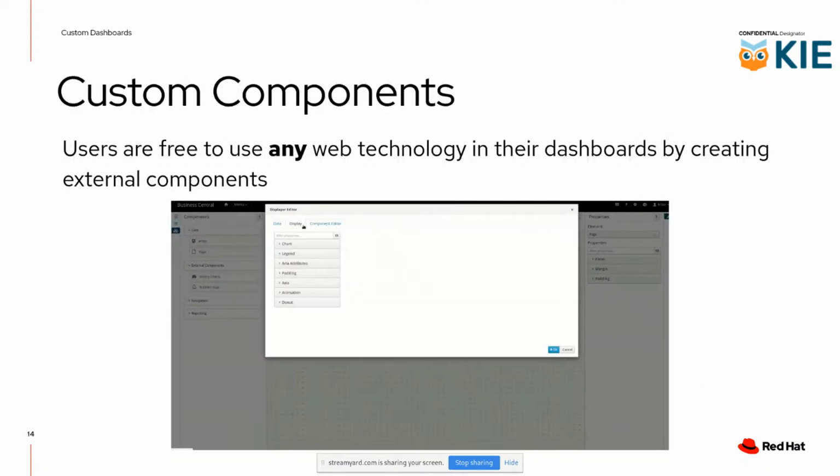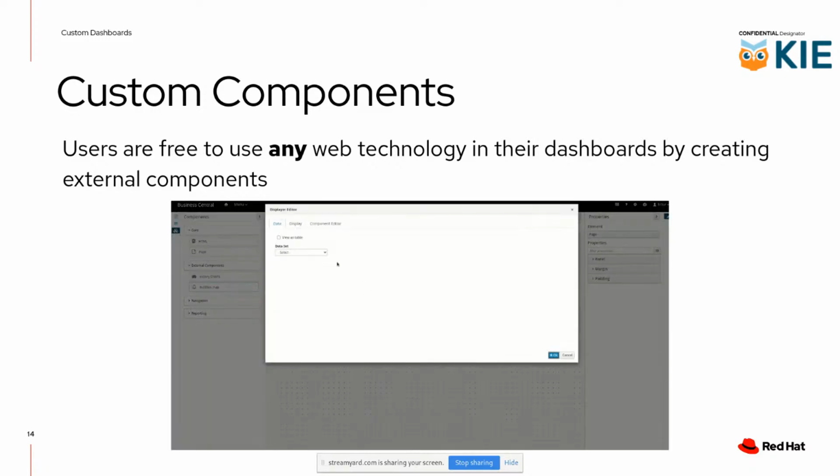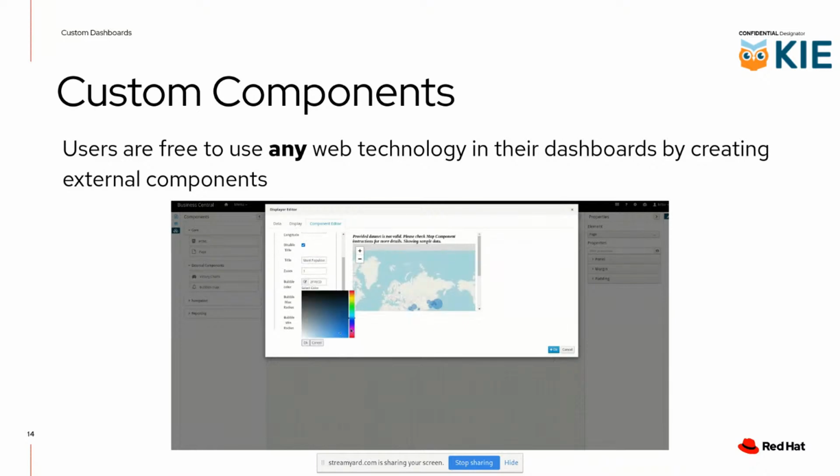Okay, so this is one of the exciting news that we are bringing today. In the most recent jBPM release, you'll find that Business Central supports external components. And these external components are very exciting because you can use any web technology. Anything that runs on the web can run inside Dashbuilder. And what you have to do is just learn how to consume the data coming from Dashbuilder to display it